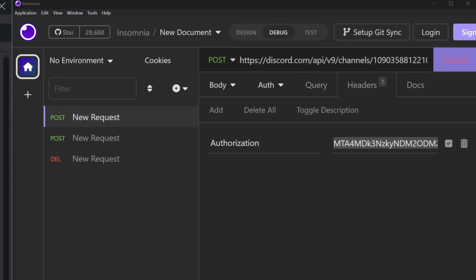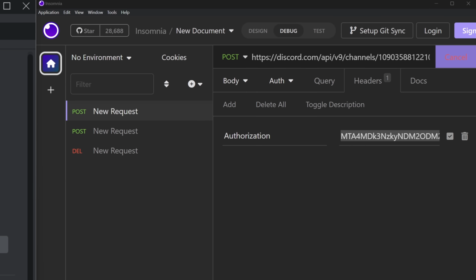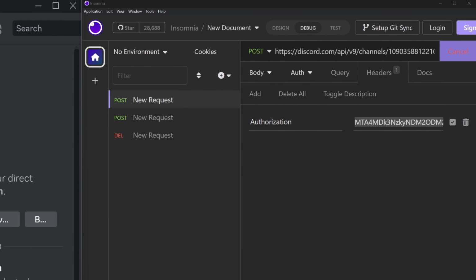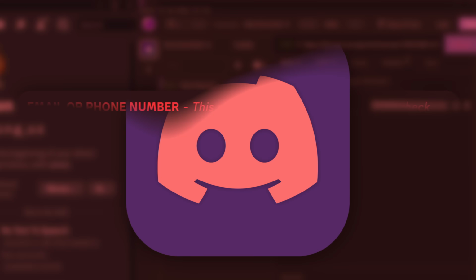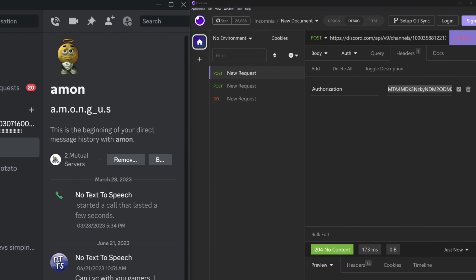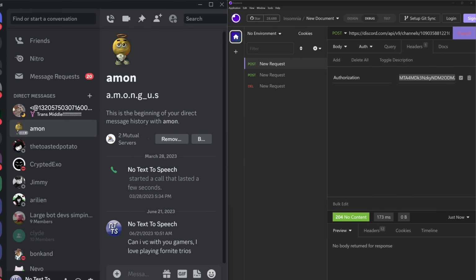It's that easy. Of course, like I said at the beginning, make sure you use this at your own risk. Don't spam this for like 10 years straight, or else Discord might get a little cranky and disable your account. So please don't come crying to me when you just spam this for like 10 years and you get banned,